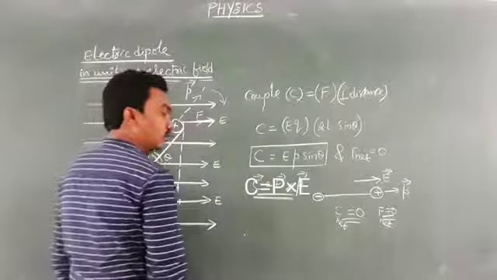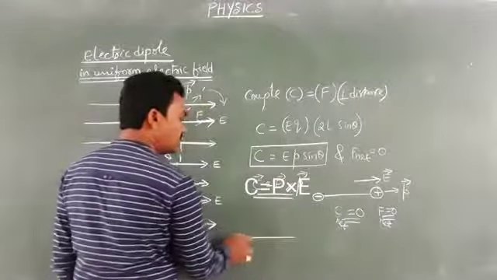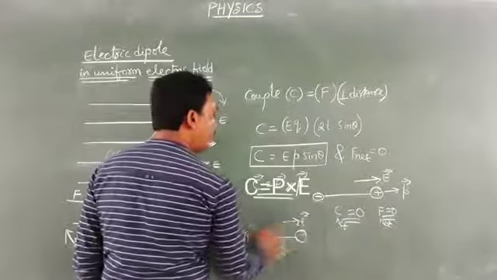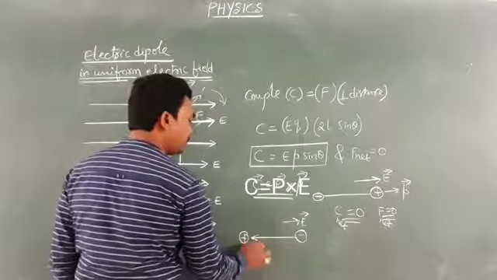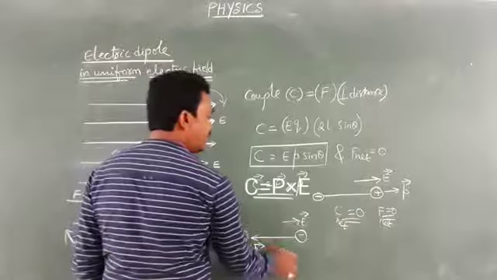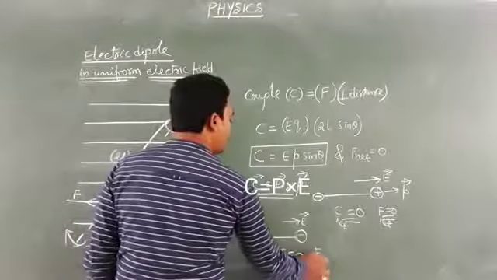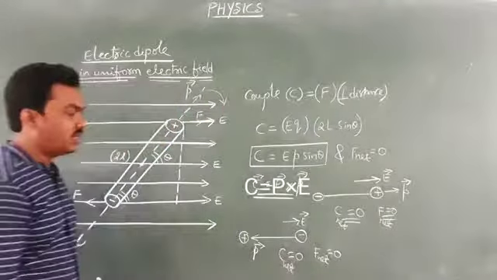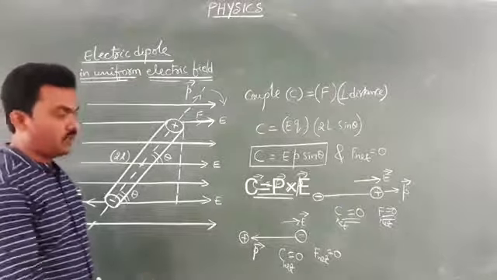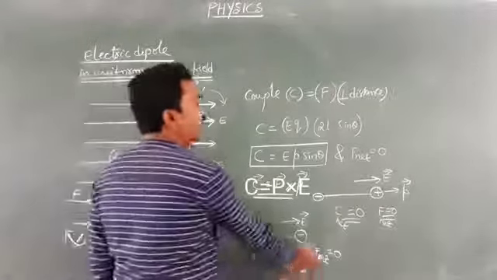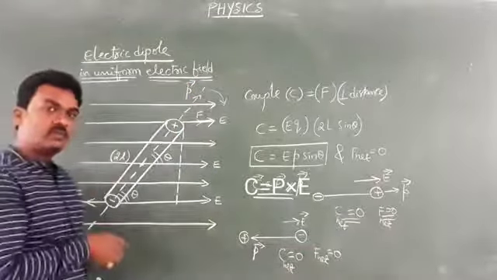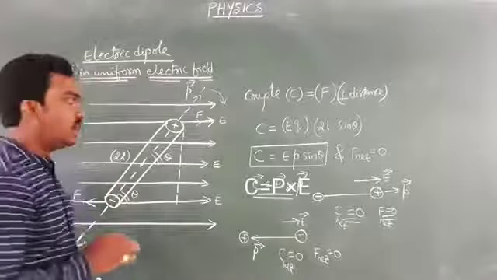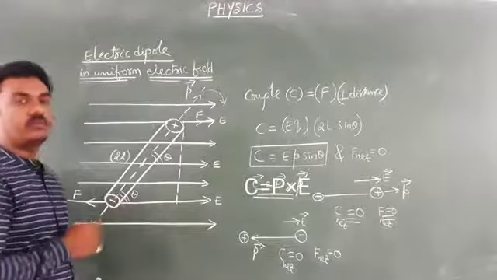Sir, my dipole is in such a way that the directions of E bar and P bar are opposite. Then theta equal to 180, still couple equal to 0 and net force equal to 0. Net couple is 0, net force is 0 because theta equal to 180. All rotational equilibrium and translatory equilibrium conditions are satisfied. So this is how you can explain the presence of an electric dipole in a uniform electric field.